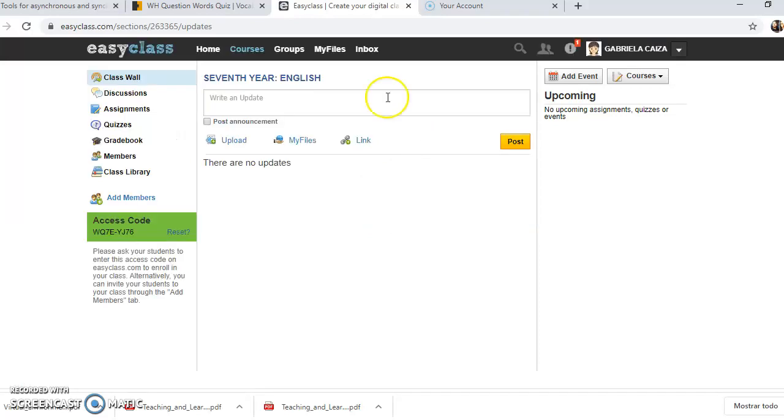As you can see, when you create a course, there is always going to appear an access code. This code you have to give to your students in order to enter. So you have to keep this code in a safe place. Okay, I'm going to go to all my courses and explain what I can do in this